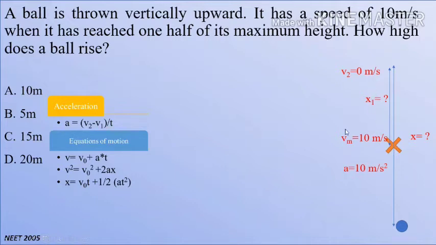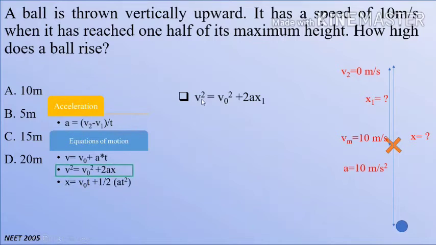So to find out x1, we know initial velocity and final velocity, and acceleration for the motion is also known. So looking at these available values, we can use the second equation of motion. Writing the second equation of motion, here we can see that only x1 is unknown; acceleration is known to us, initial velocity is known to us, and final velocity is also known to us, that is 0.